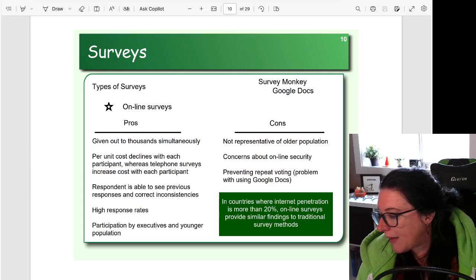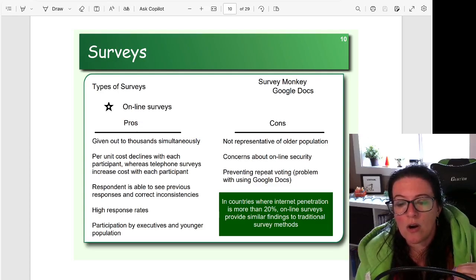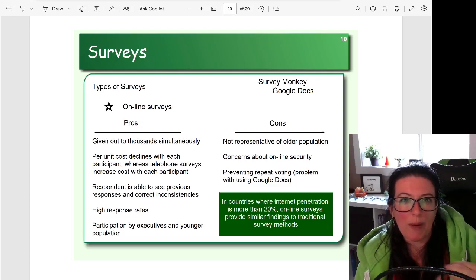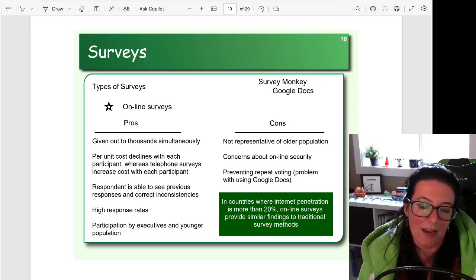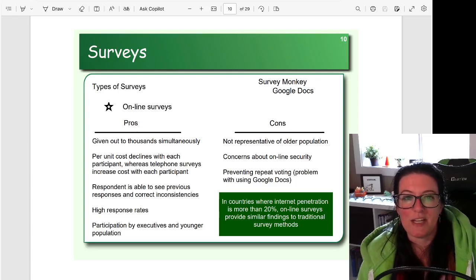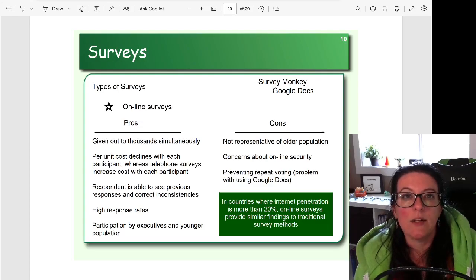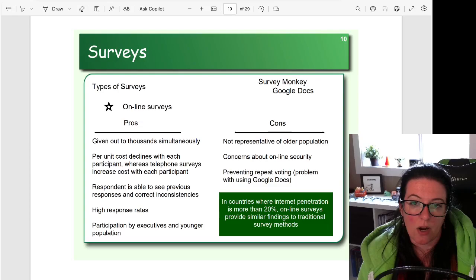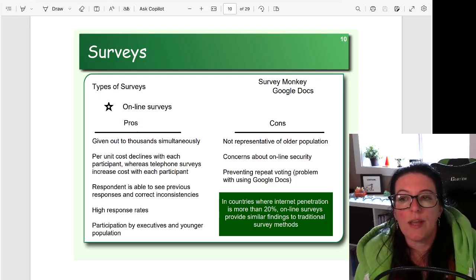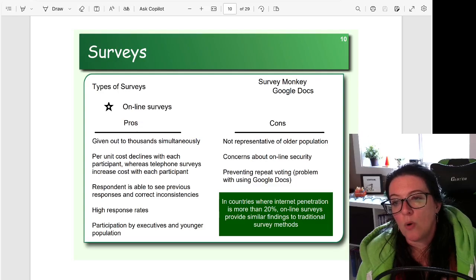So the other thing that we're able to do is that we are able to get a higher response rate. More people will participate in the survey because it can be done at a time convenient for them. As long as the survey is fairly short, we can finish it in 10-15 minutes. We can get a higher response rate, and especially a higher response rate if you have a younger population or a professional population. So if you're trying to get leaders of organizations, you're trying to get lawyers or doctors to complete your survey, you'll get a higher response with an online survey than you will with mailings or others,